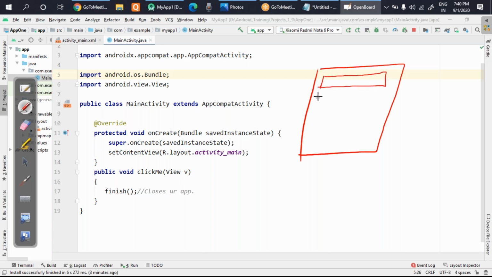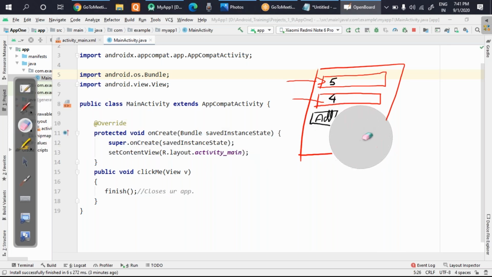So what I will do, I'll take two places where I can take input. So these are the two places where I can take input. So suppose I'm taking input as 5 here, and here I'm taking input as 4. So I'm putting a button here, okay, and on this button it's written add. Already we have discussed this one, yes or no? We have discussed this part, okay. So what will happen if I click this button? I'll get output. So output will be what? 9, yes or no? So that output I'll show here, okay, and that will be 9 here.